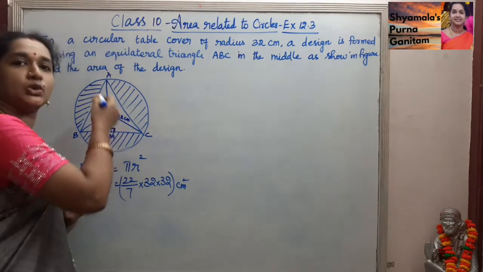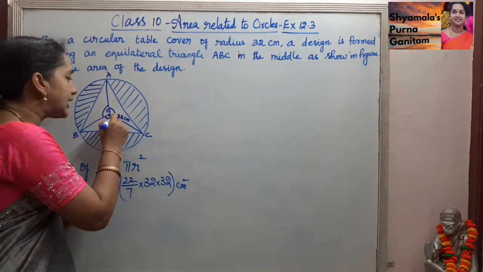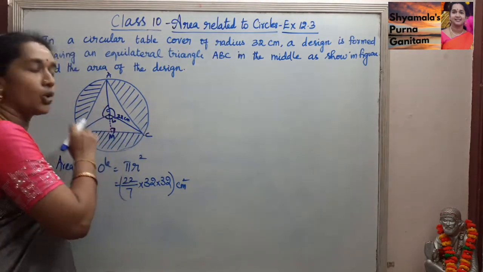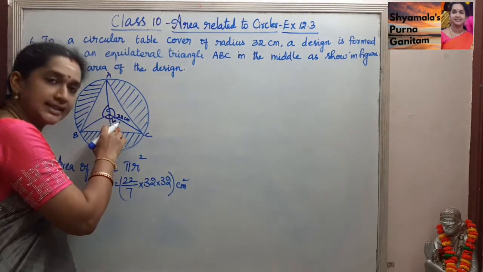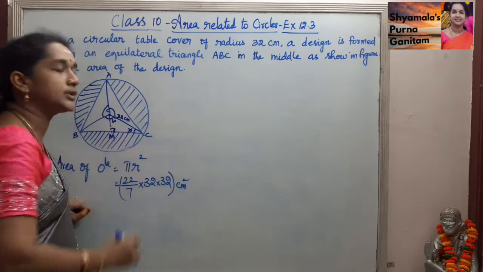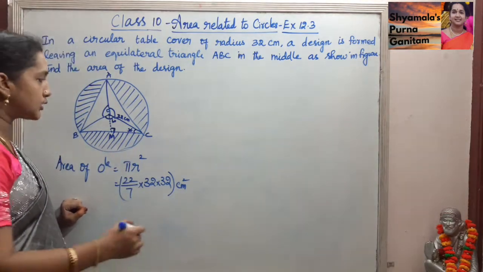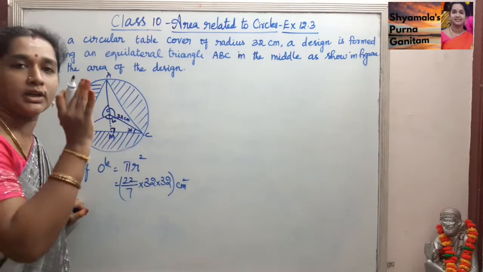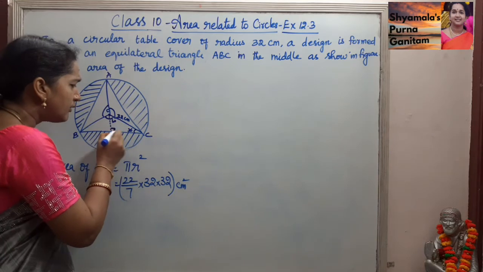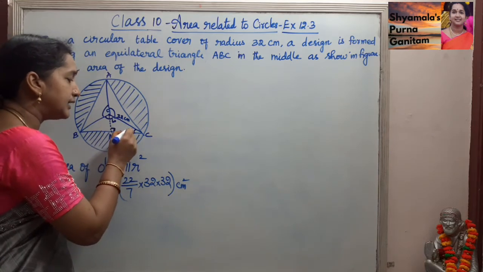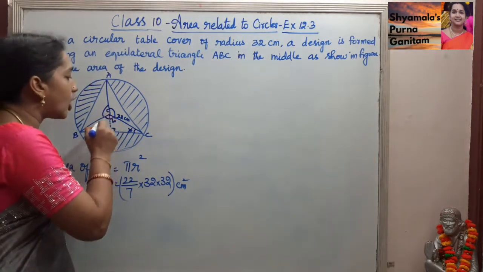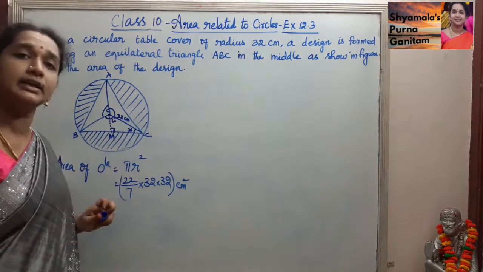This is the median, so it bisects that angle also, and we'll get an angle of 60 degree here. Then in this right angle triangle OMC, one angle is 90 degree, one is 60 degree, so the remaining will be 30 degree, using the angle sum property of the triangle. So now we got 3 angles. Whatever measurements we need, we will find. We will find the length of CM or OM, then we will find the other one.